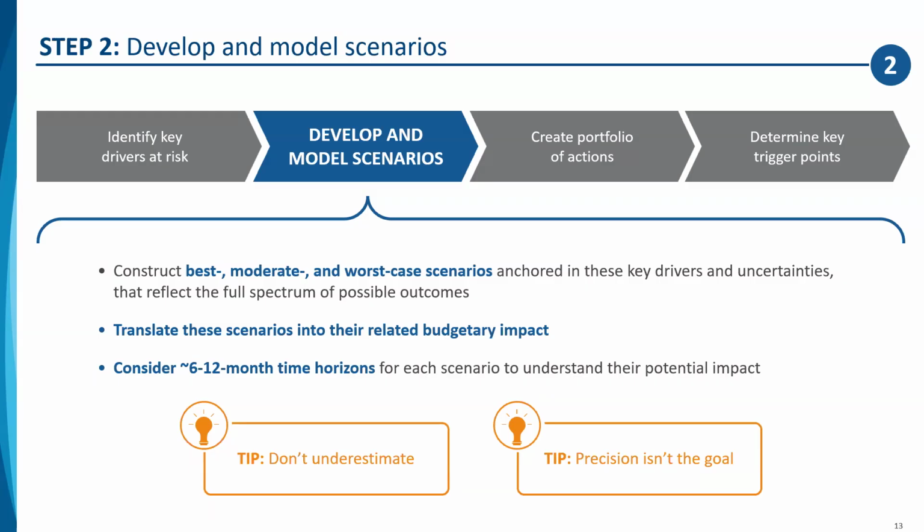It's really important to remember that getting the scenarios right or perfect is not the goal. What's important is that you and your team do your best to map the full range of potential outcomes. And then the other thing to highlight here is don't underestimate that worst case scenario. It is important to prepare for that metaphorical 100-year flood. And ultimately, this exercise of developing scenarios will help tee up a set of important, really practical conversations about what actions and options your leadership team should consider if different futures unfold. And what this could actually look like, I'll pass it to Mike to walk through a hypothetical example for a nonprofit.